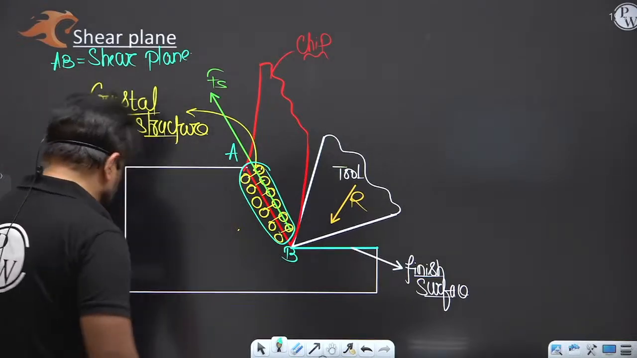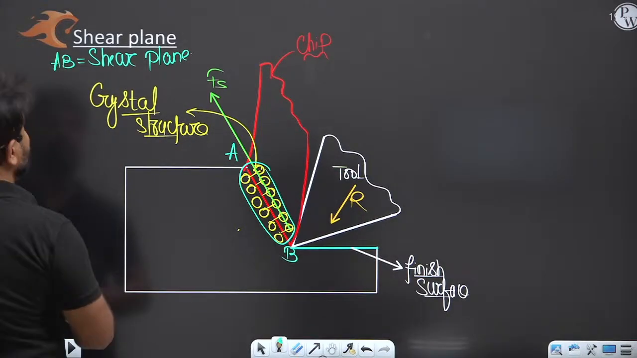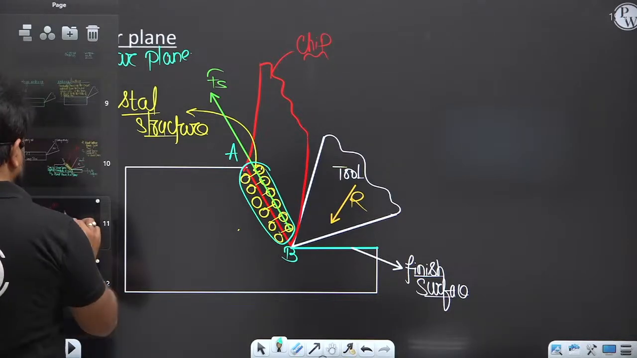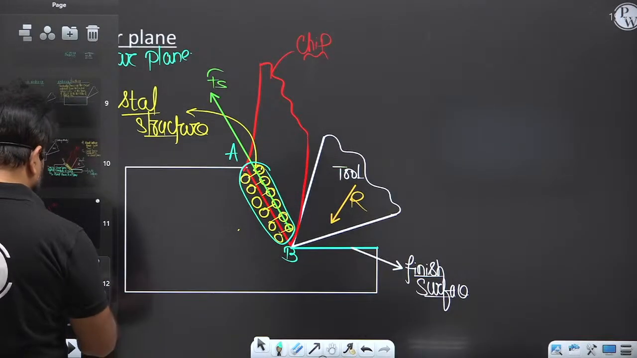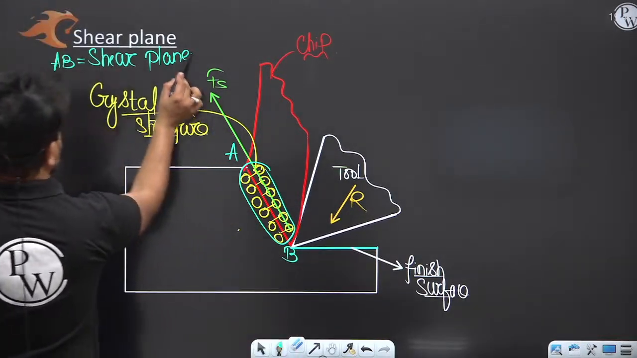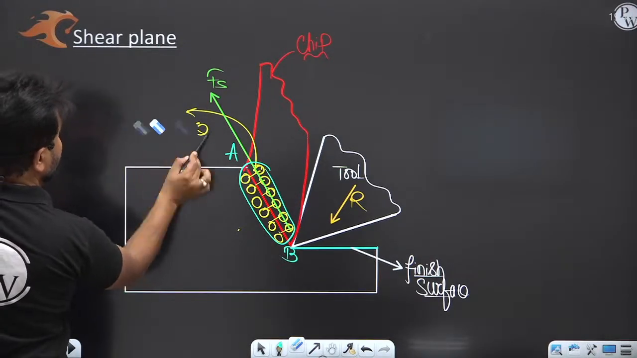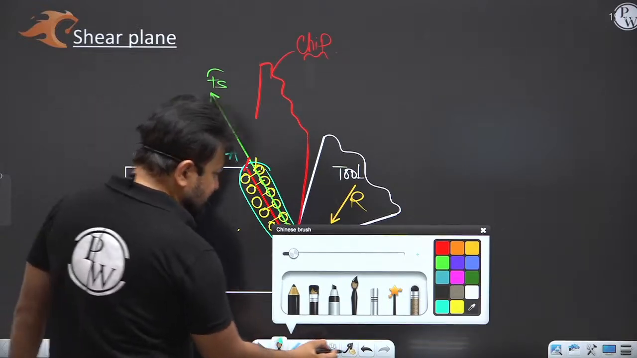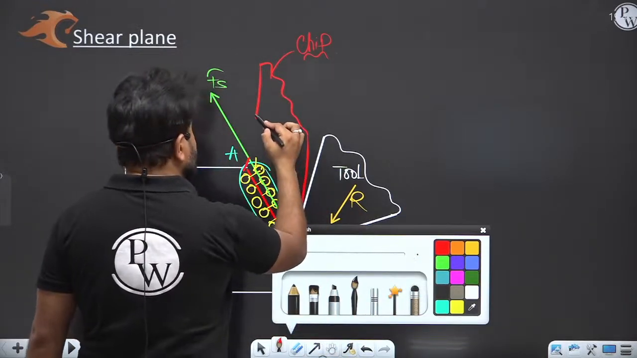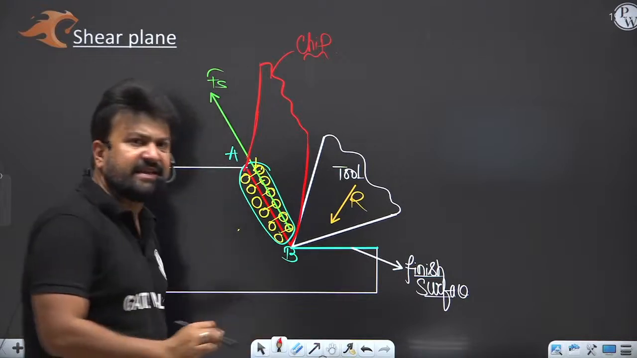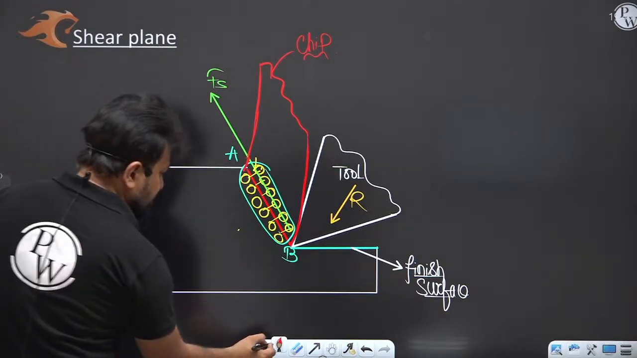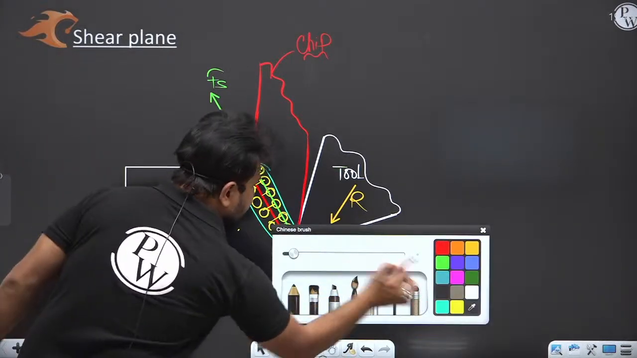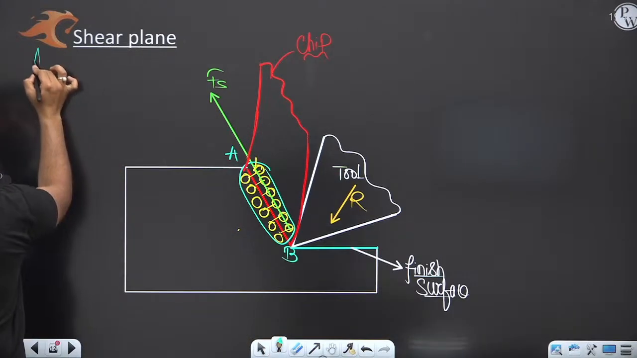So let me draw this figure again. I told you what a shear plane is. Now you understand the shear plane, right? So in a shear plane, what is going to happen? Basically, let me write down again, this AB is nothing but